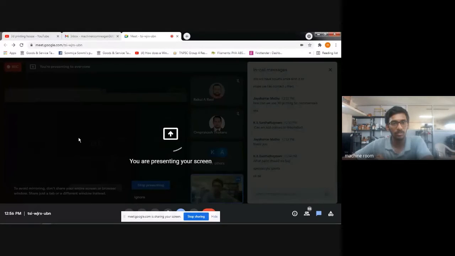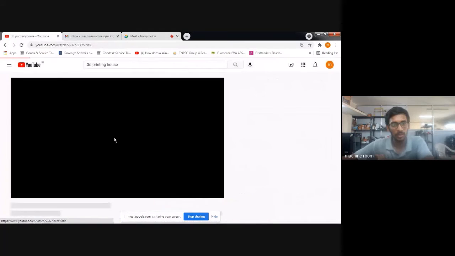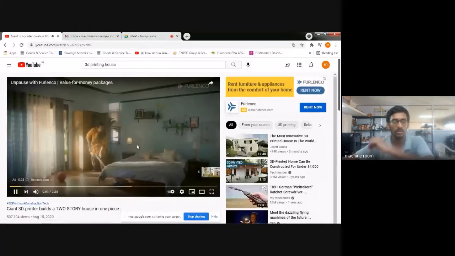Not only in Dubai, I think at Chennai IIT Research Park also, a startup company printed a 3D house within 2 days. That is a 2-story building. You can see in this video how the 3D printing house works.